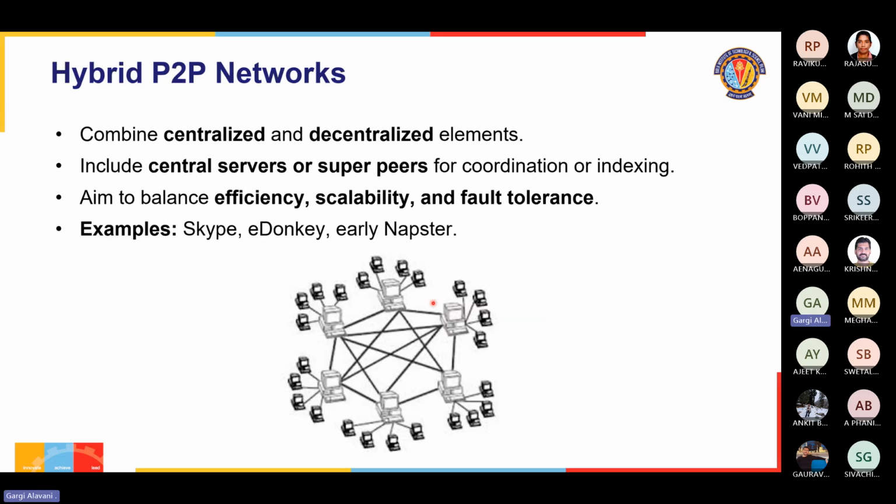Whereas in a hybrid P2P, now these are the servers, and if they have the metadata for their particular cluster, then in this case we will be searching in only six systems. That's why, especially for tasks like searching, the hybrid P2P networks work better